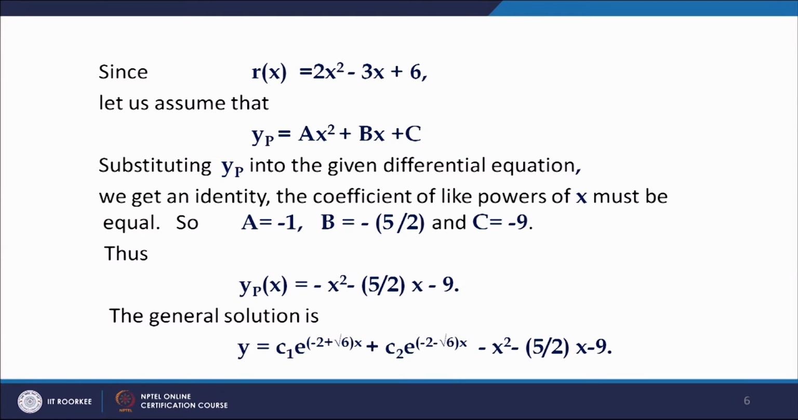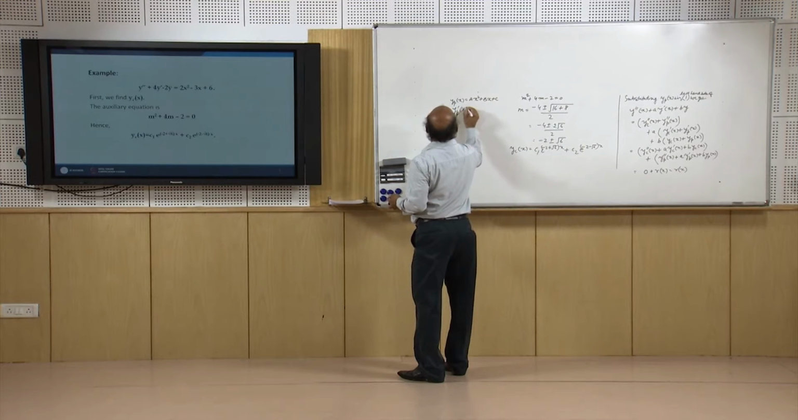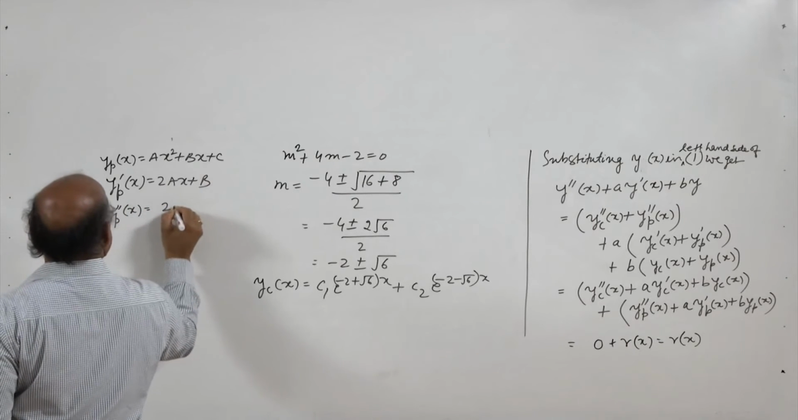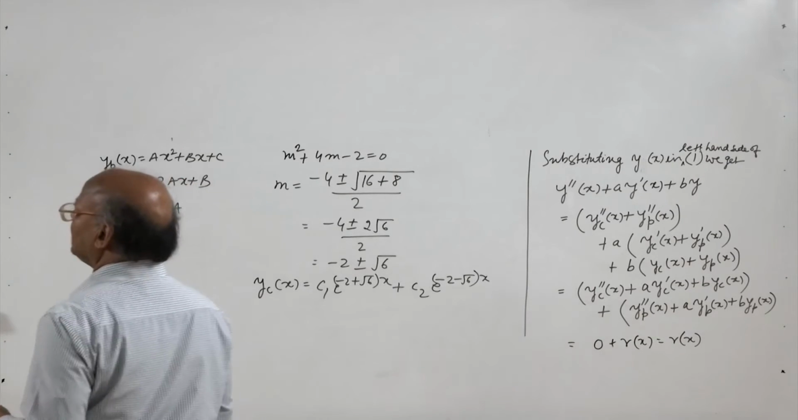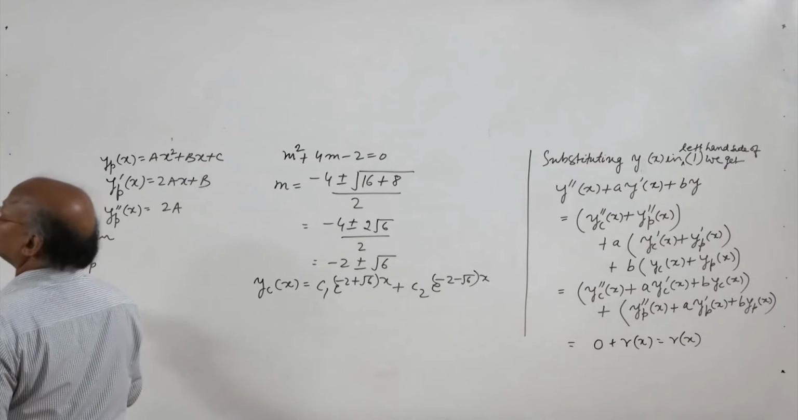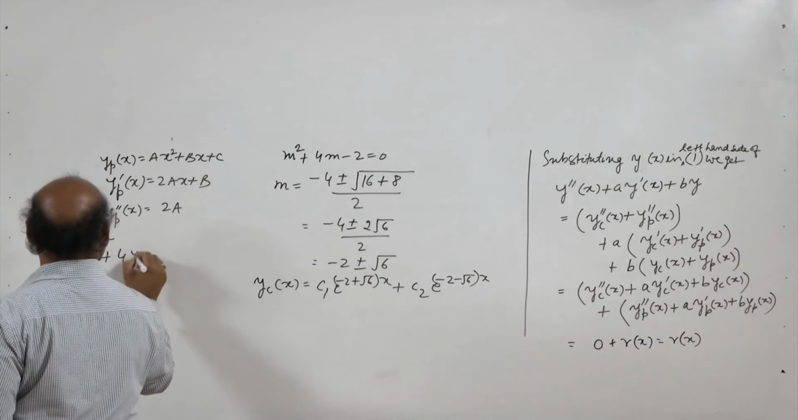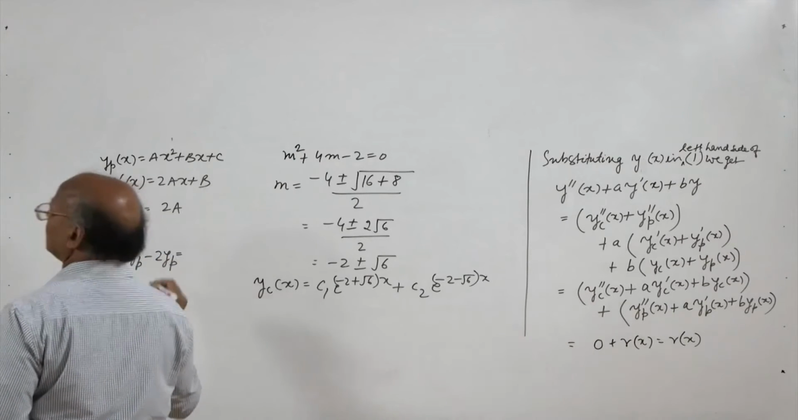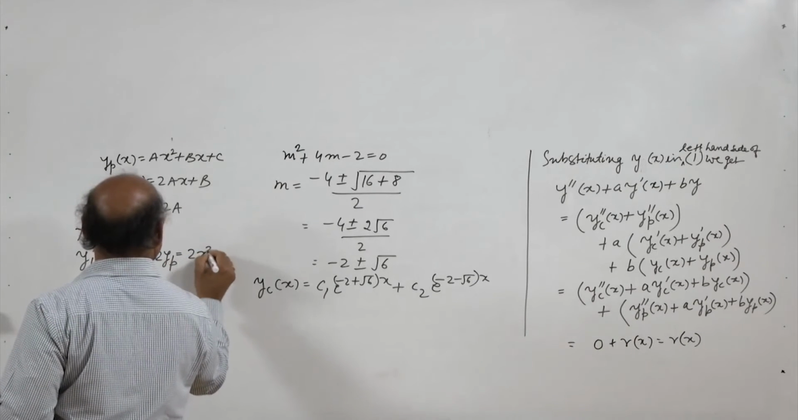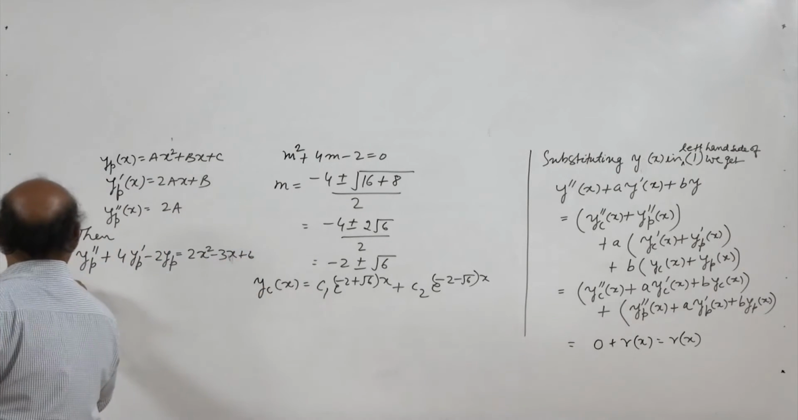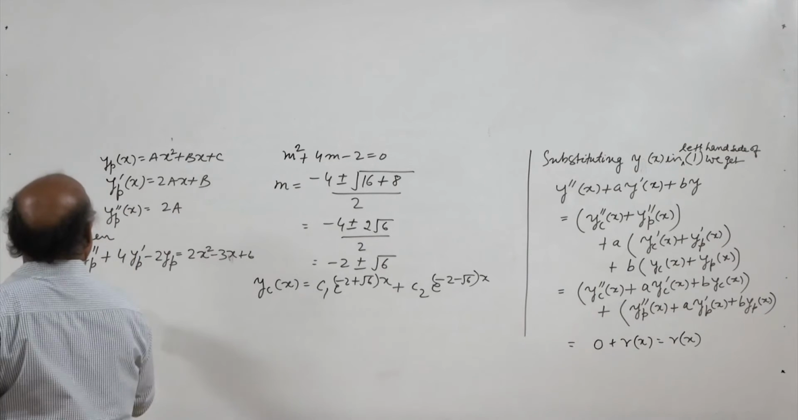So, let us find y_p dash x equal to 2ax plus b, y_p double dash is equal to 2a. So, then y_p double dash plus 4 y_p dash minus 2 y_p equal to 2x square minus 3x plus 6 gives us 2a